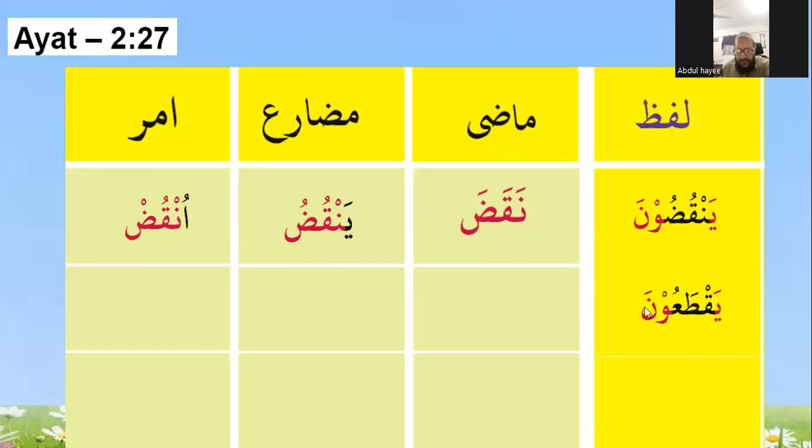Let's have the next. Yaktauna. Remove ya, wa nun. So kaf ta ain. From kaf ta ain, I told you the first letter always has a fatha. The last always has fatha. So it will be kata. Because here the middle letter has fatha, so it is kata. If it is kata, make mudare. Attach the ilamat mudare. It will always have fatha, so it becomes sakun. And in this case, this fatha will go here, yaktahu. The last letter of the mudare always has dhamma, yaktahu. So make the amr from it.